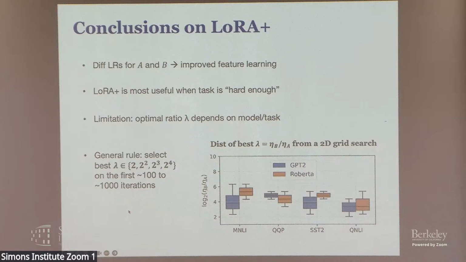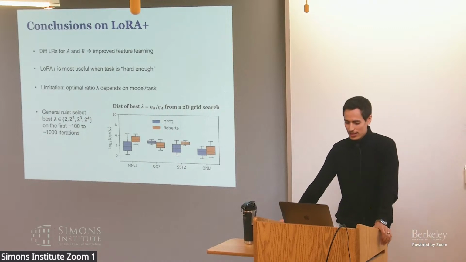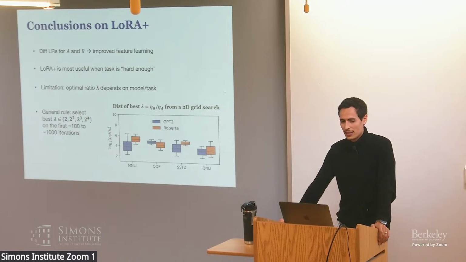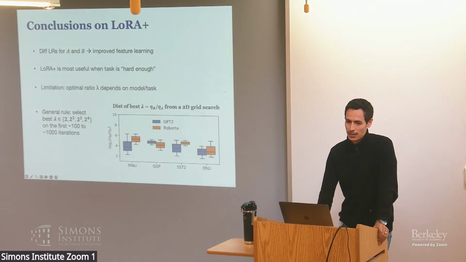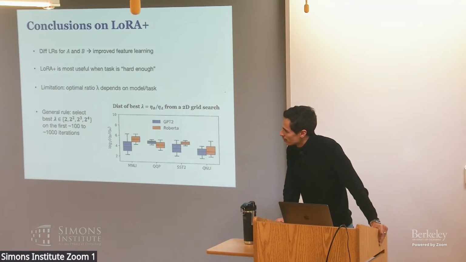Yeah. Question for Soufiane. It seems the theory suggests the best lambda should be like n over r or something. So how does that number compare to n over r? That's a good question. The theory suggests that the optimal lambda is theta of n over r, right? In theta there are a lot of constants, and those constants depend on the model and on the data. That's the issue. We don't have a closed form solution for this. I mean, if the features are normalized, then the constant follows.